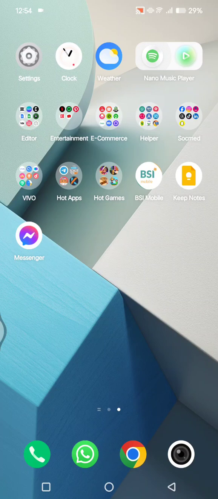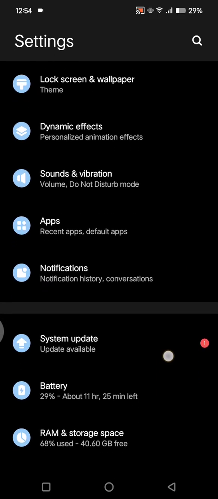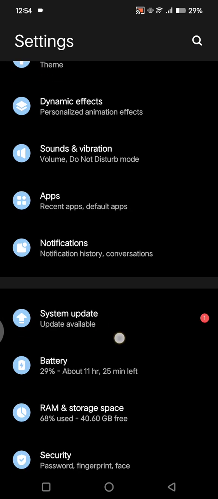On today's tutorial, I'm going to show you how you can update your Android system to boost your Android phone with the newest update. So in here, I'm already on my Android phone, and to start updating your Android, you can go to the settings, and in here, you can just find this system update. You guys can see here, an update is available on my Android phone,